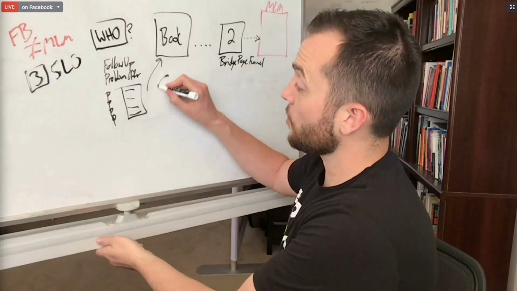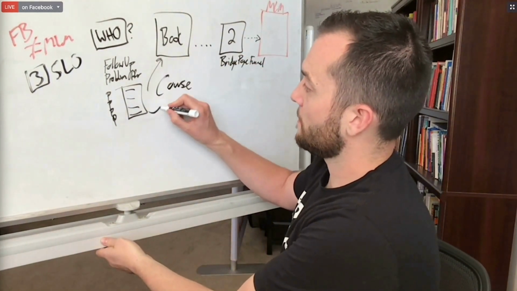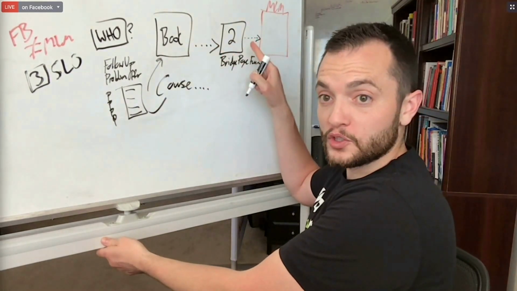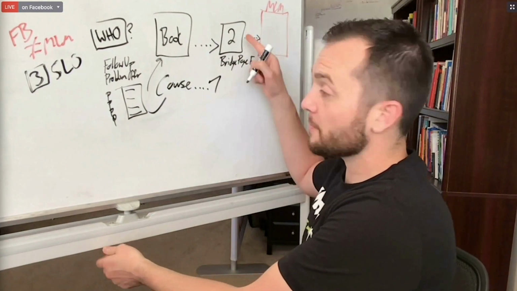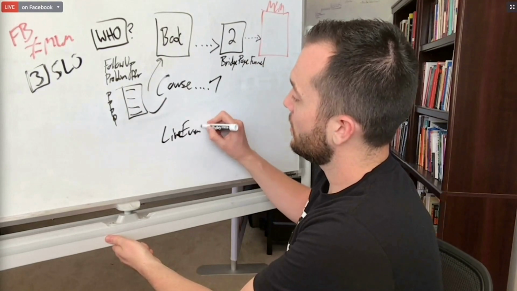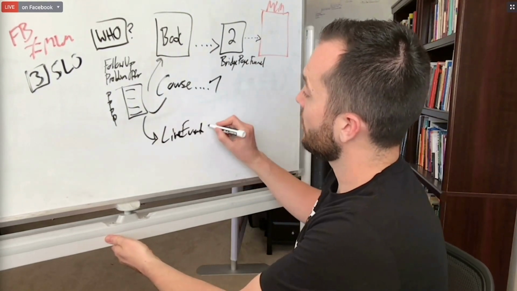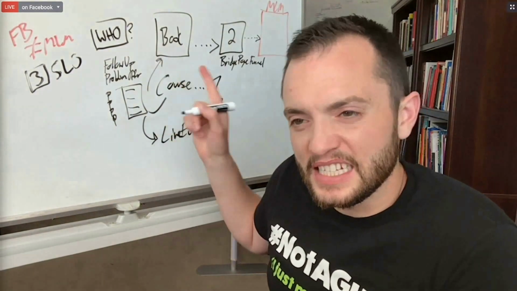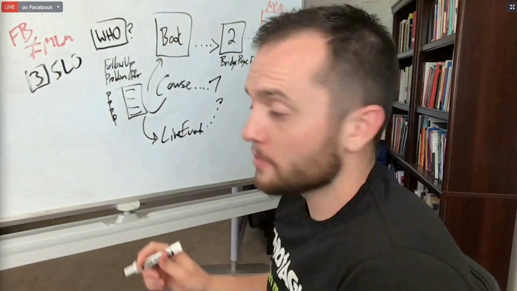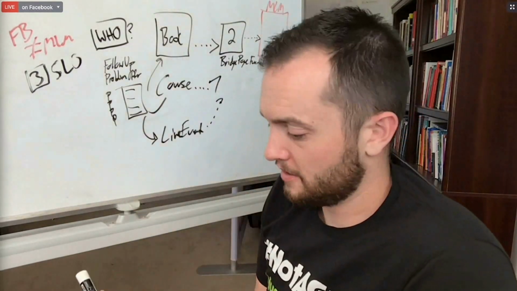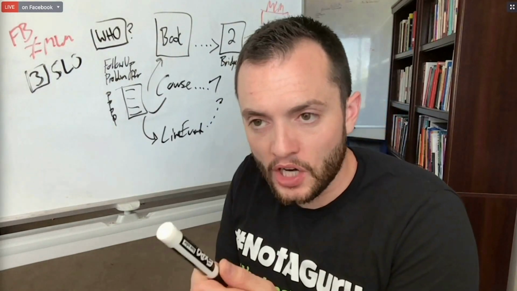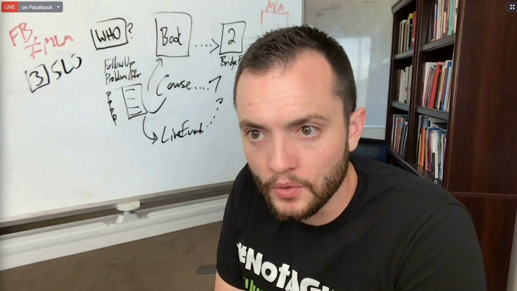I could send them to a course, and then there's an upsell, an upsell, an upsell, an upsell. And then afterwards, I'm going to send them over to this bridge page. Or maybe it's some live event. If you look carefully at what I'm drawing right here, can someone explain to me the difference between the materials your MLM and celebrity MLMers are doing in this list? It's exactly what they do. That's what I got pissed about that I was talking about in the Secret MLM Hacks webinar y'all went through.